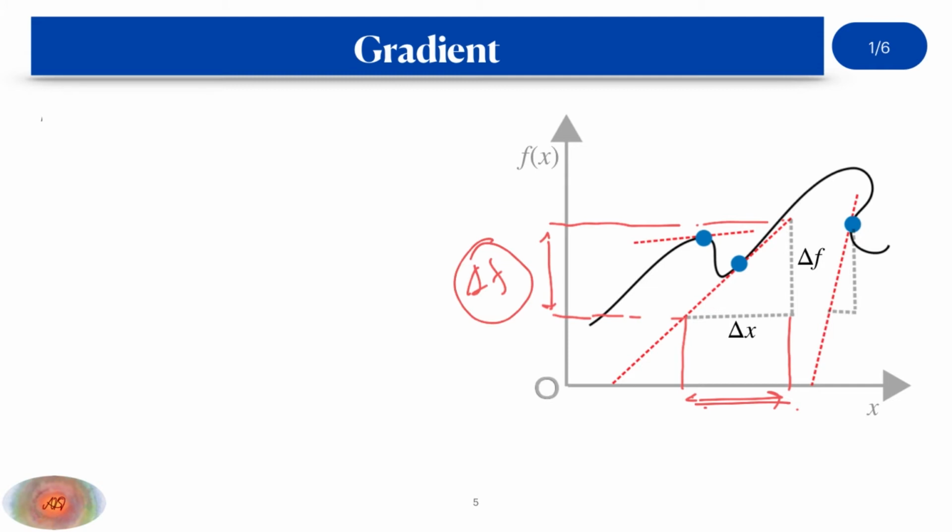Why? Because as you can see, due to a change of delta x starting from this position to this position, the change in function takes place starting from this position to this position. So a wide range of changes we are taking into account if we consider such a wide range of variation in x, or in the independent variable. Therefore, to make this calculation much more accurate, we generally consider that delta x tends to 0.